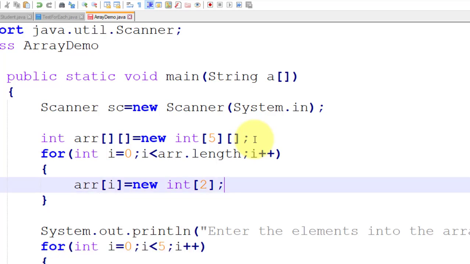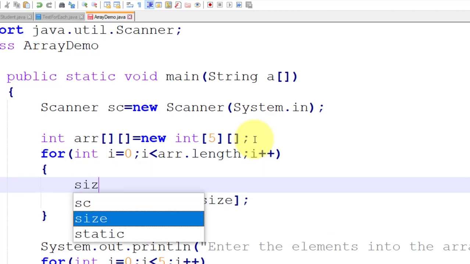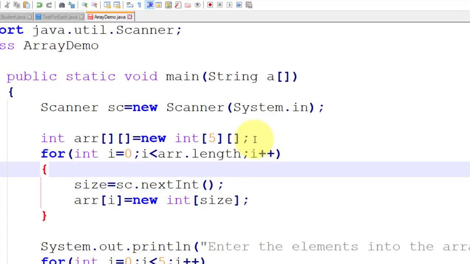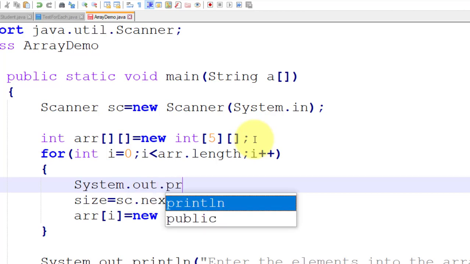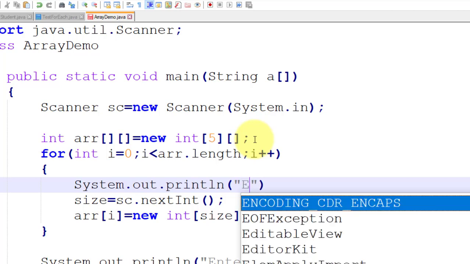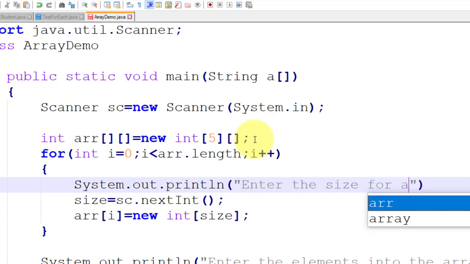Or you can take user defined variables here. Suppose here I take size, and the size I have taken from sc.nextInt. Here give the message to the user, System.out.println, enter the size here.